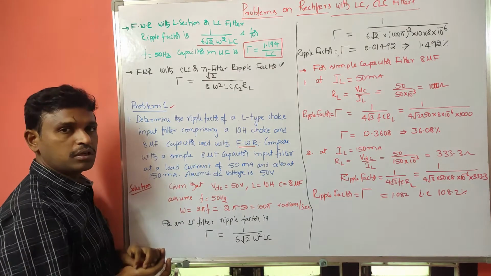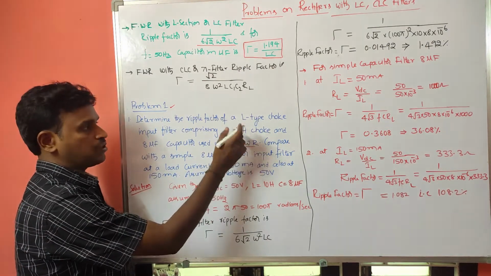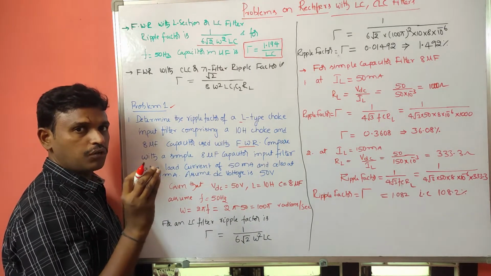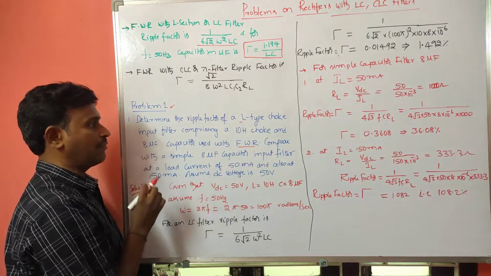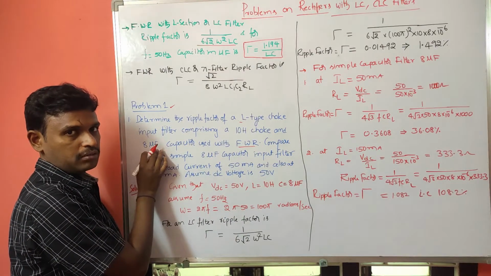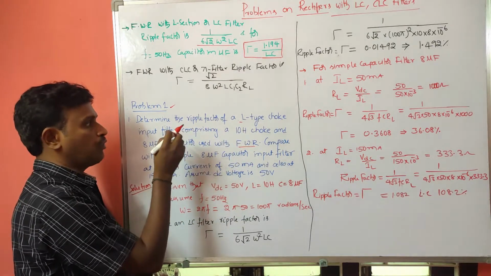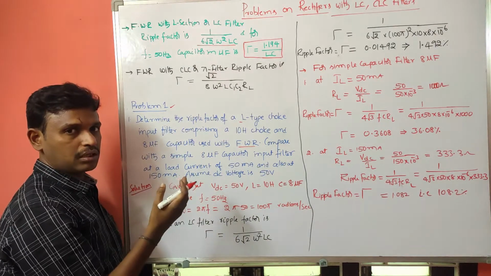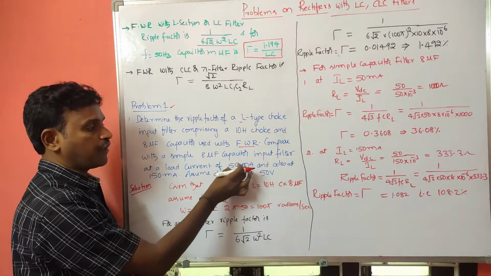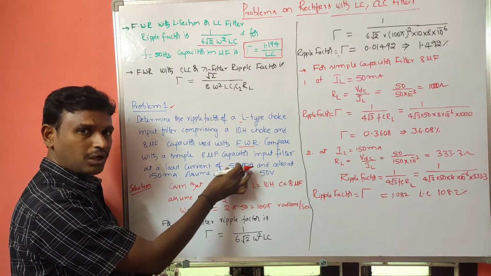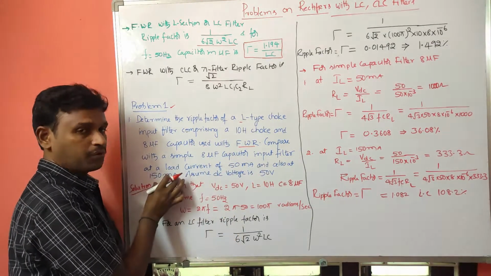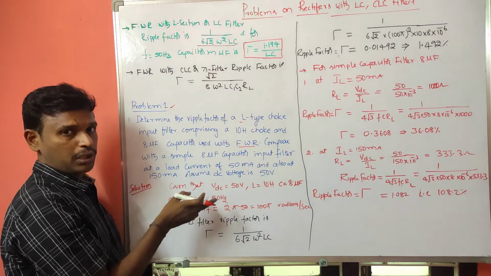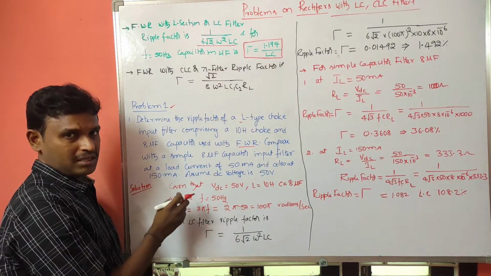So what is given here is nothing but a full wave rectifier that is using an L type or L section filter that consists of an inductor or a choke with 10 Henry and at the same time the capacitor 8 microfarad. Okay, so if I use that one, what is the ripple factor of that L section filter? And what he is asking here is to calculate at different values of load current, that is 50 milliamperes and 150 milliamperes, the ripple factor, and compare these ripple factors in these two cases with the actual given L section filter.